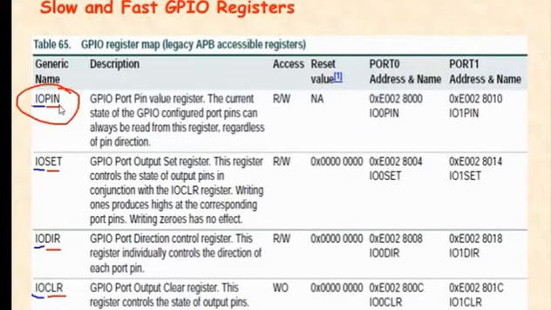So if you want to read a sensor, in other words the port pin, you have to use only this IOPIN. So using IOPIN you can read the GPIO pin value. All data related to IOPIN is stored in the IOPIN register. There are 2 ports, so for port 0, my register is IO0PIN.